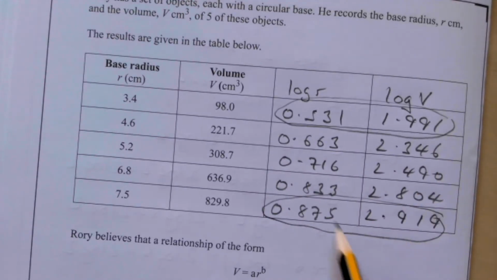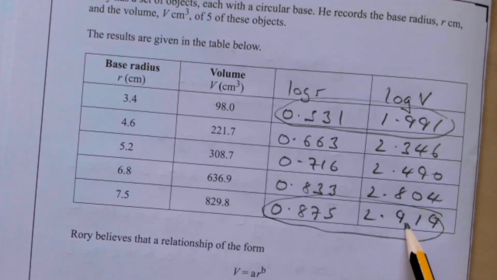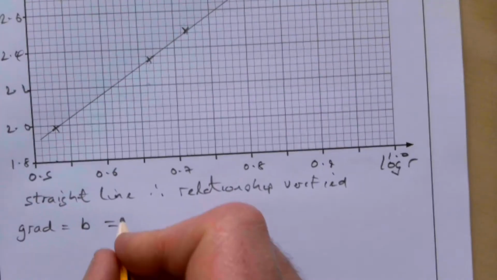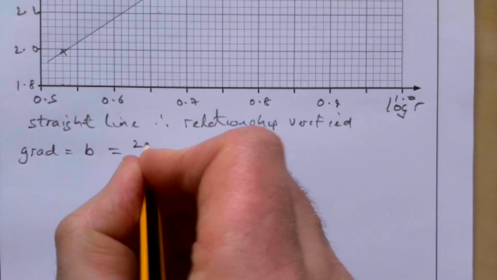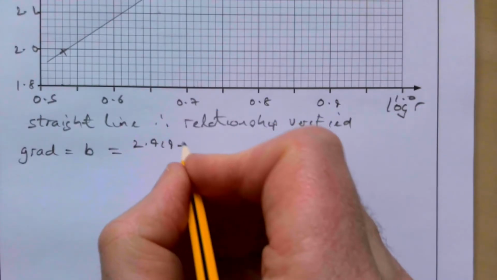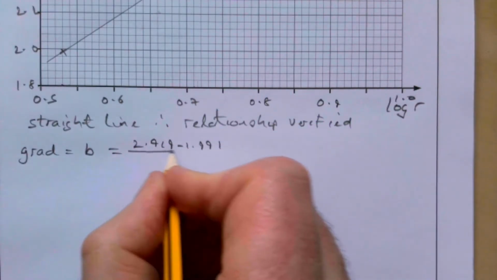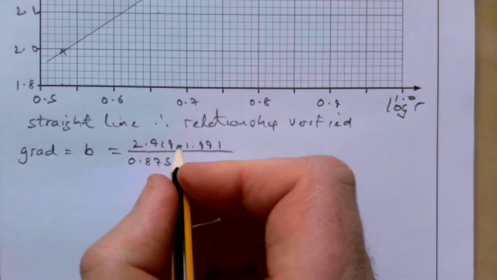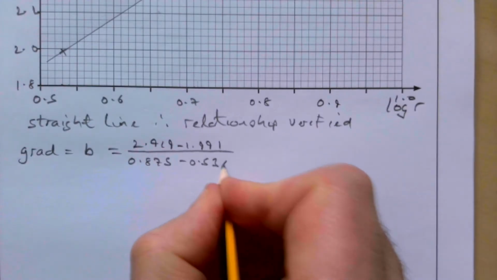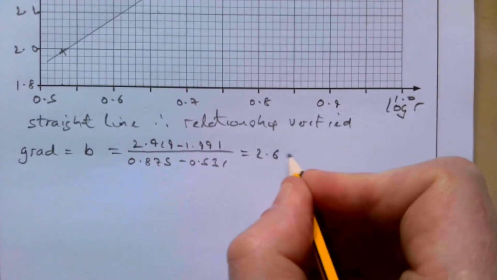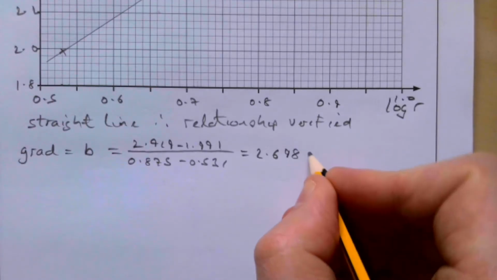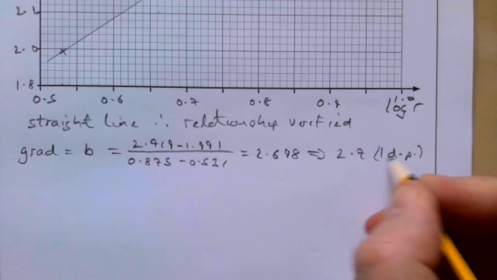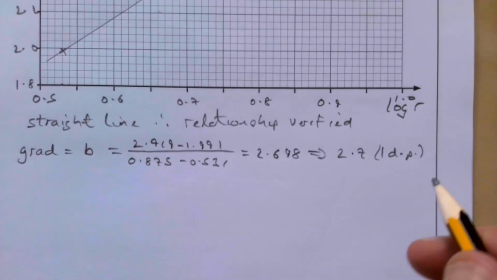It's fairly standard. Remember, that's your x, that's your y, so it's y2 minus y1 over x2 minus x1. 2.919 minus 1.991 all over 0.875, that's my x2, take away x1, 0.531. And that gives me 2.698. What's this roundabout then? 2.7 if you're going to one decimal place. If I'm using the value again, I'll use this one. To work out my